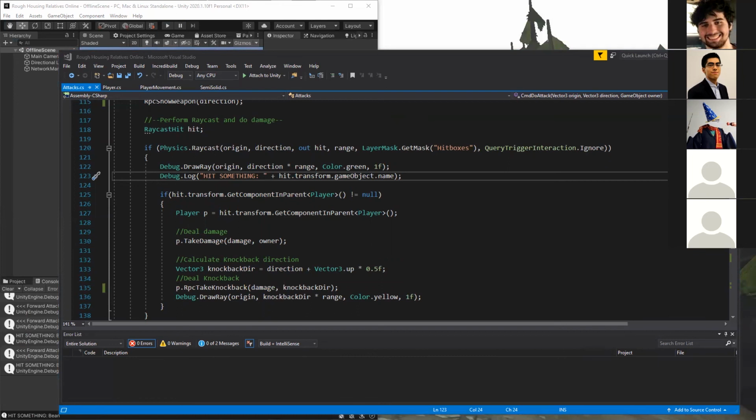I might just do it. I tried mine out again, and it's still not working. Make sure. I remember when I was setting the player to be in the hitboxes layer, I did the one that was in the scene, which occurred to me just now wouldn't do anything. So make sure the prefab has the layer. There shouldn't be a player in the scene.